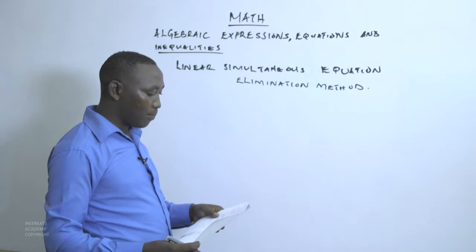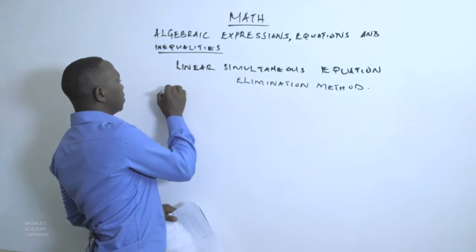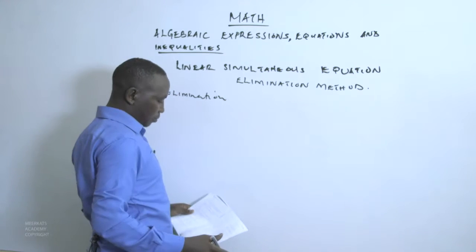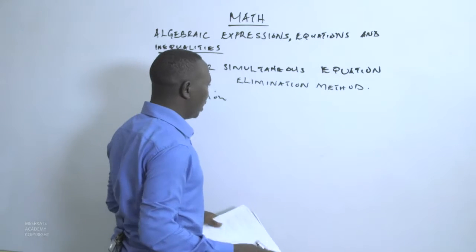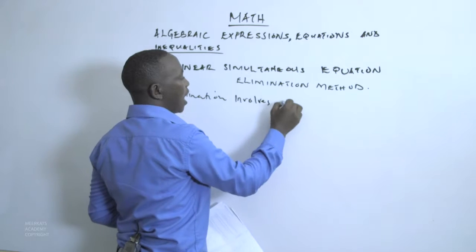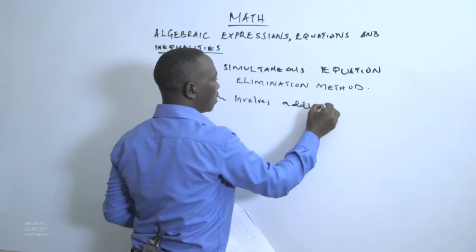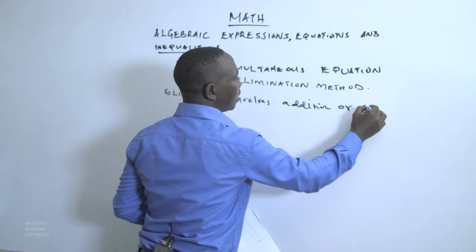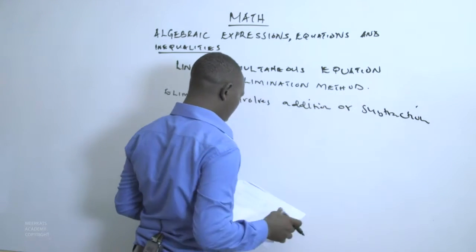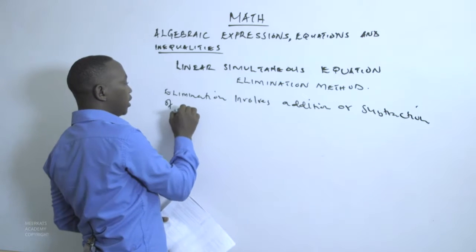So we are saying that elimination involves addition or subtraction of the two equations